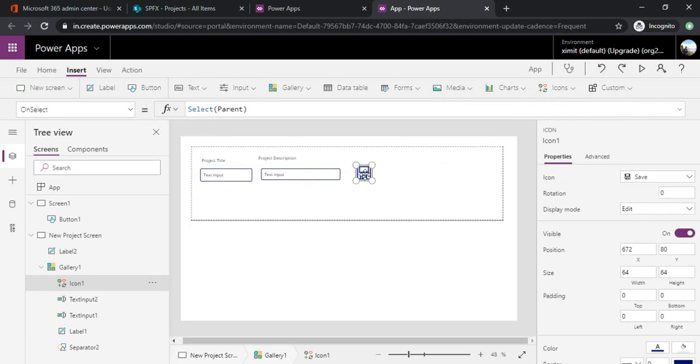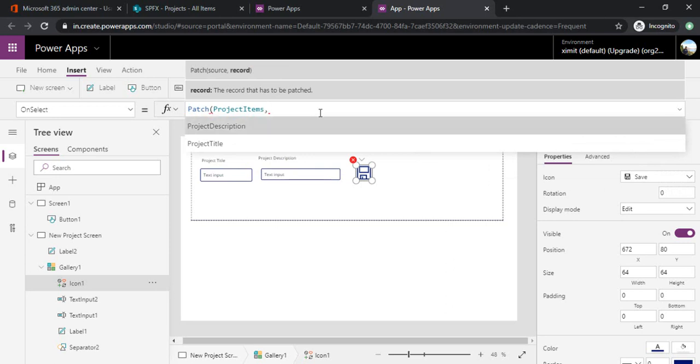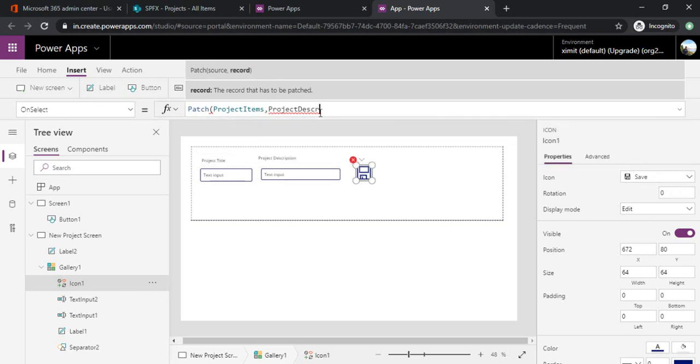Alright, so on this save click, I would be patching my collection with the controls. I'll use the patch function with my data source, project items, and I'll bind up the data.